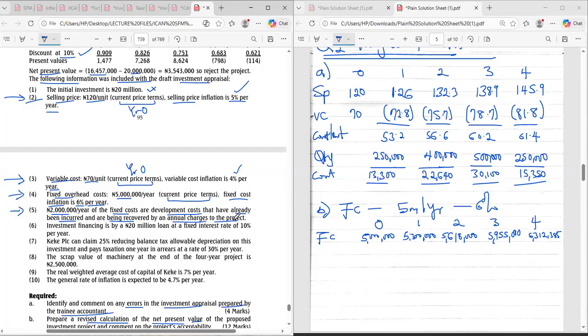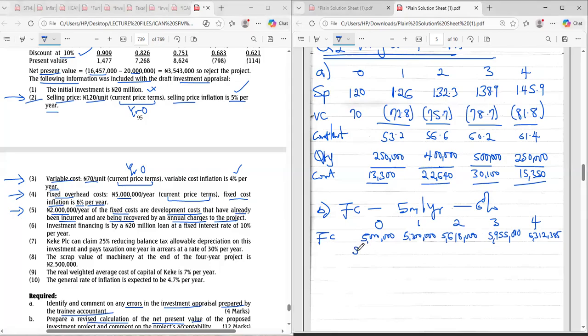The idea is that this particular additional information relates to relevant costing in investment appraisal. Any money that you have incurred in the past will not affect the project. It will therefore be seen as what? A sunk cost. So when we have clapped for the guy that he has done well, we will now withdraw our clapping, for he has failed. What he was supposed to do was to say, this 5 million minus 2 million development cost, because that 2 million is a sunk cost. You have incurred it before the project started.